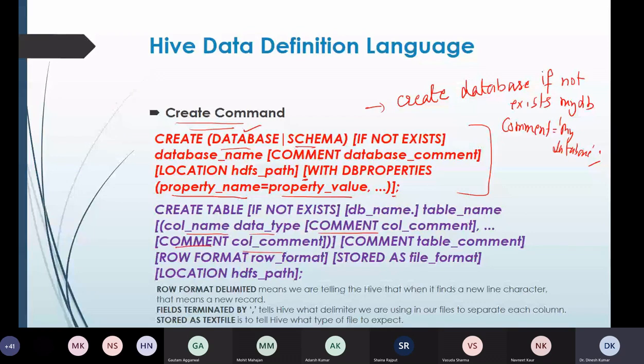As we have discussed in this case, the comment database, here we have a comment table. So what is the purpose of this table? We can write in comments. Now let's say we have this MyDB